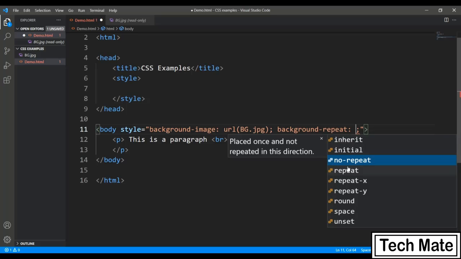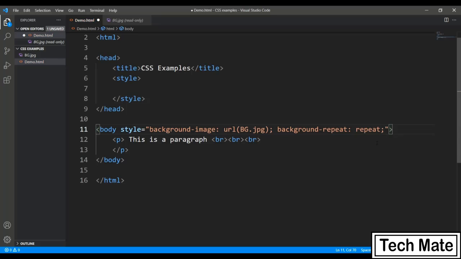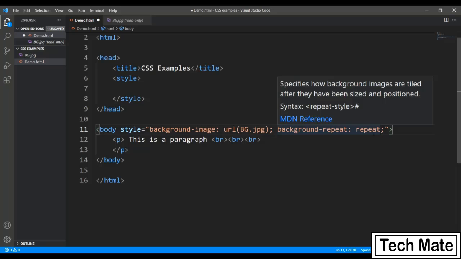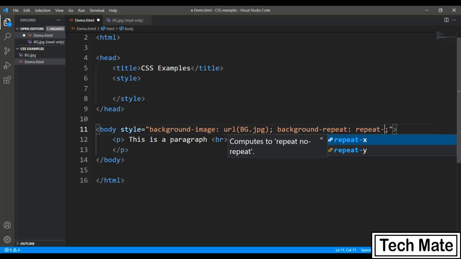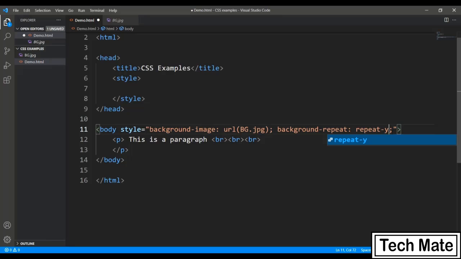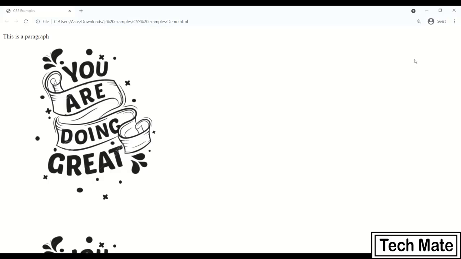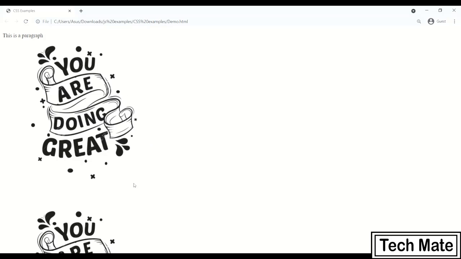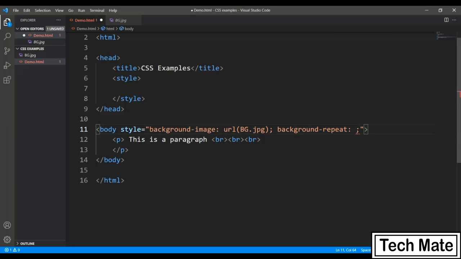If you say repeat, that is the default value, meaning there will be no change. But if you say repeat X, only horizontal images will be repeated. As you can see here, vertically it's not repeated, since X denotes horizontal and Y vertical. Now when you say repeat Y, there is no image on the right hand side, but it is repeated vertically. And after that you can also say no repeat.